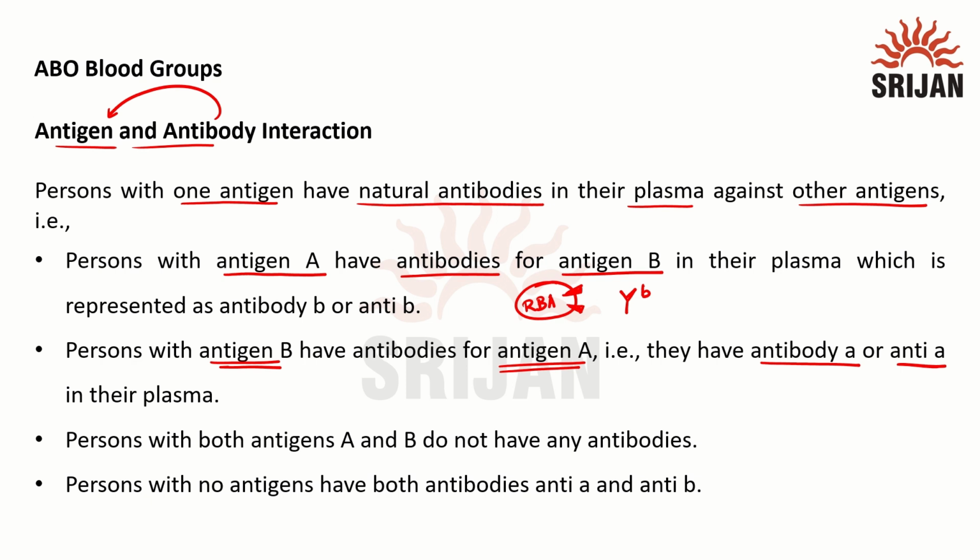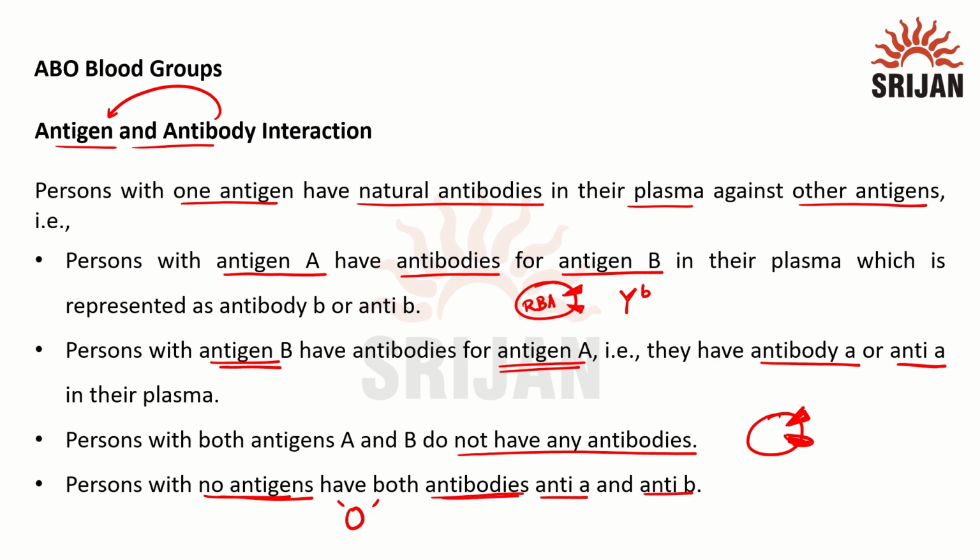Now if I take a person who has both antigen A and antigen B, in that case the blood plasma will not have any of the two antibodies. On the contrary, a person with no antigen, that is an O blood group person, can have both types of antibodies,